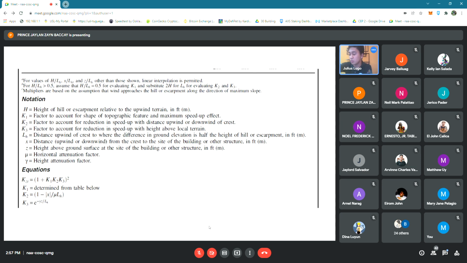Do you guys know how to do a linear interpolation? No? Okay. If you are given two values and you're looking for a value in between those two values, pwede tayong maggumawa ng algebraic expression. That's just upper value minus lower value all over the given variable at that particular value minus, sabihin na natin, variable up and then variable down should be equal to the unknown value minus the lower value all over the